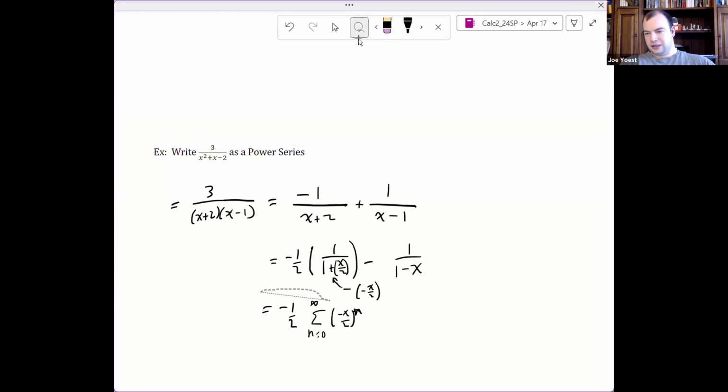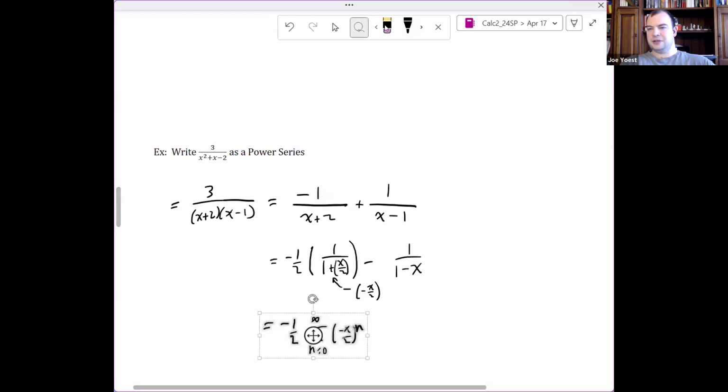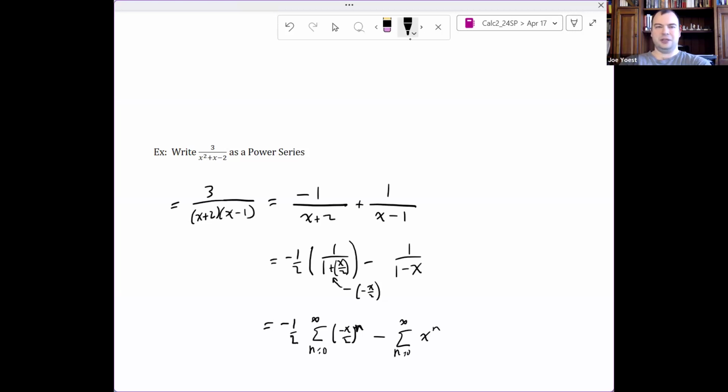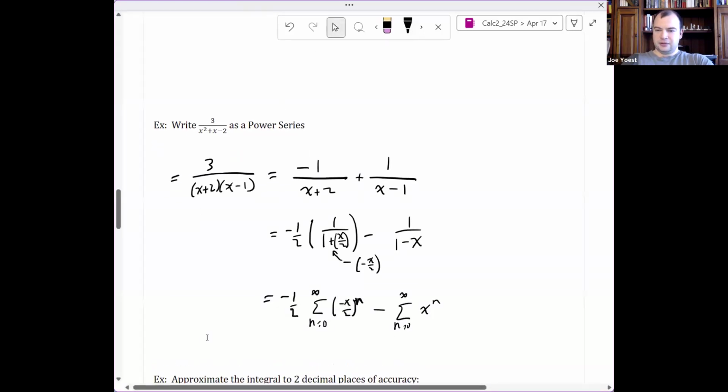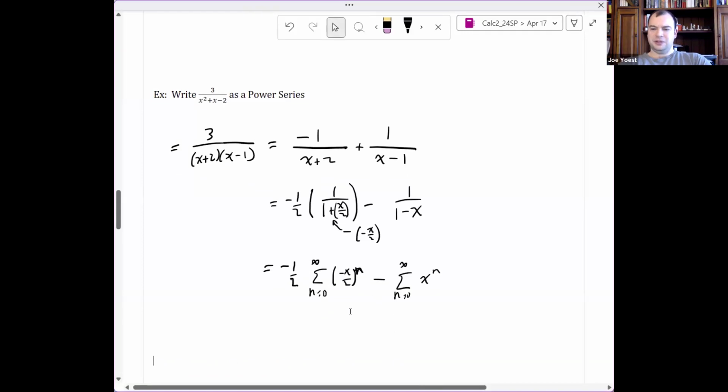My lines are getting kind of smushed together here. And then minus sum n equals 0 to infinity of x to the n. And I could maybe leave this here,